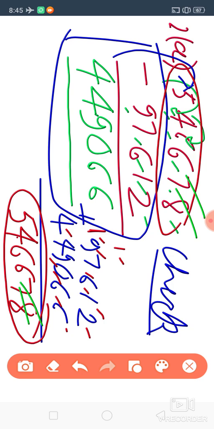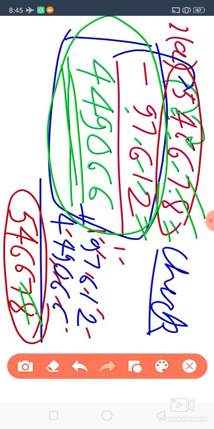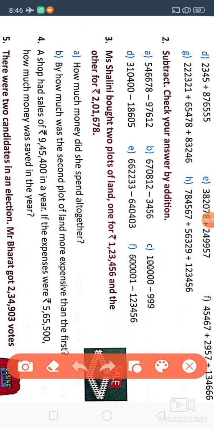Okay. So this way you have to do. First of all, you subtract, and whatever answer you are getting, these two you have to add, and after adding it should be equal to this part. Okay, so we have got the same part, that means it is correct. Okay, so the rest of question number B, C, D, E, F will be your homework. This A part I have already done. In the same way you will do the rest of the questions. Got it?